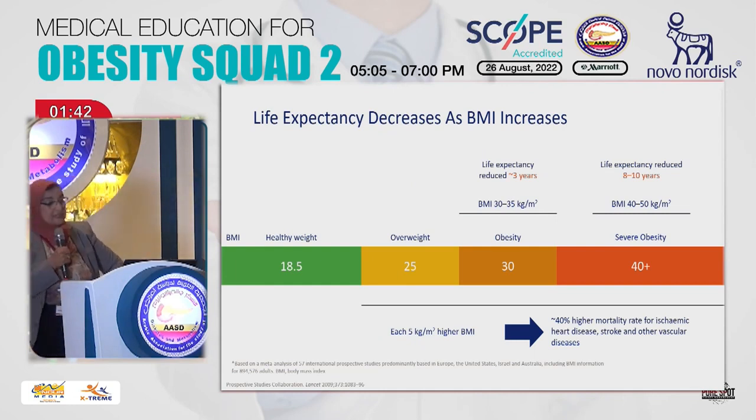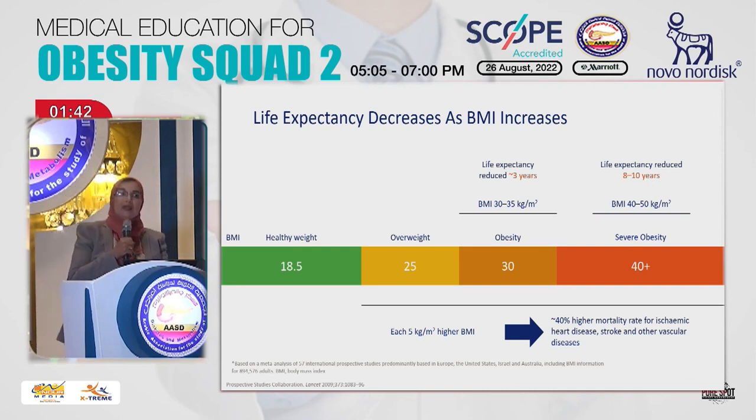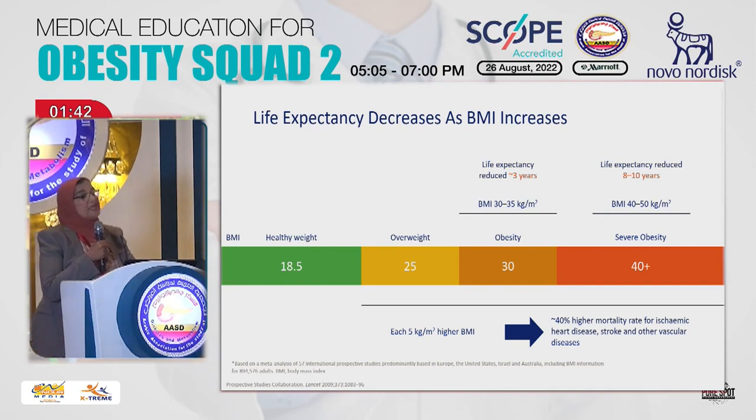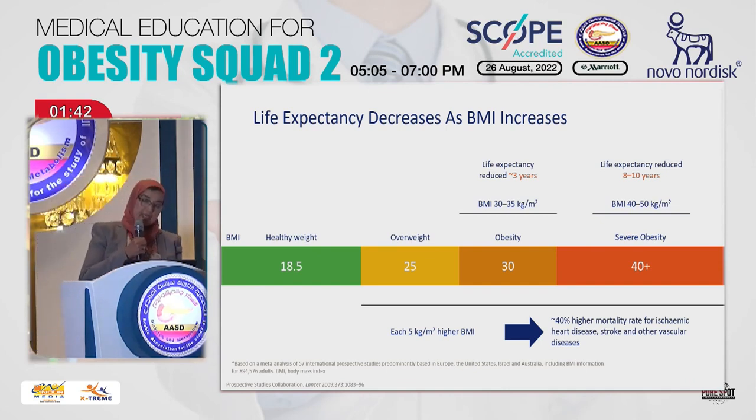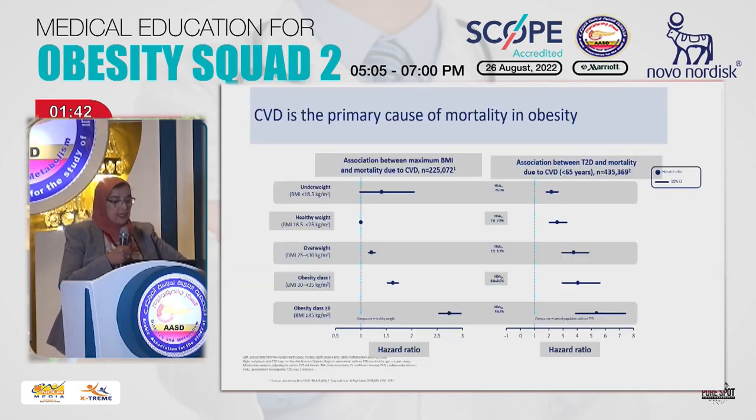What about life expectancy? Life expectancy decreases whenever the body mass index increases. We do have clinical studies in cardiology. One of these studies is the Framingham study, which had a long follow-up for patients with heart disease, and it was found that when you are obese at the age of 40, your life expectancy will probably be about 7 years less than expected for your age. Definitely life expectancy decreases as the body mass index increases.